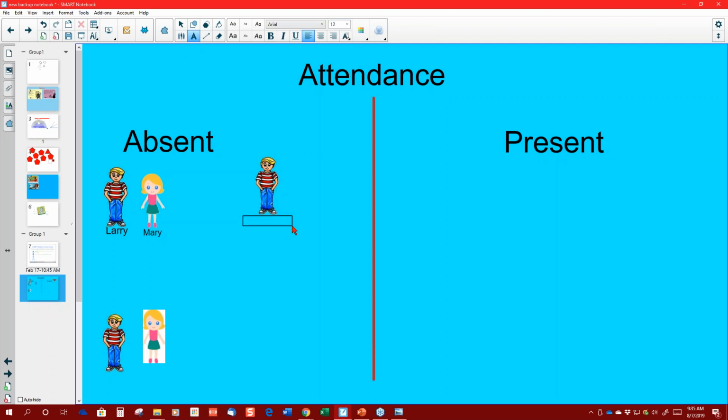Let's see if I can do this. Okay. R-O-G-E-R. Roger. Okay, there it is. The only problem is, let me just move him over a little bit so he looks perfect. Oh, that's wonderful. There he is. But